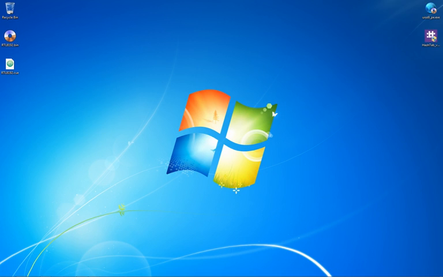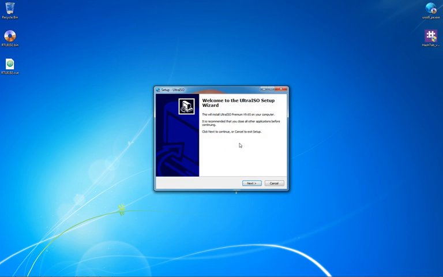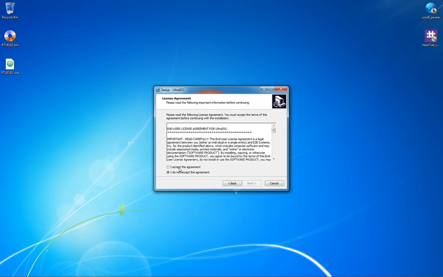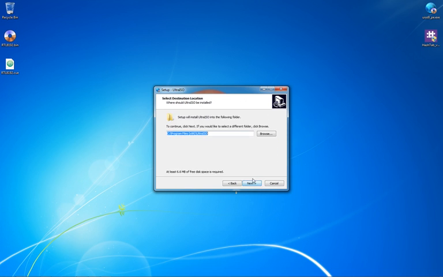and there will be a pop-up called user account control. Click on yes. This is the setup wizard for UltraISO. Click next. Press I accept the agreements, and read through the license agreements if you like. Press next